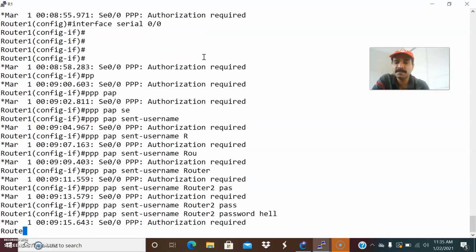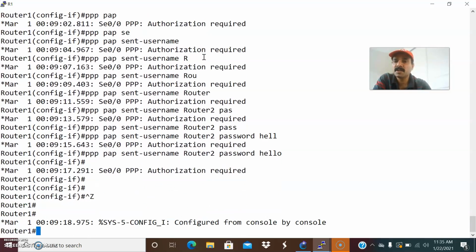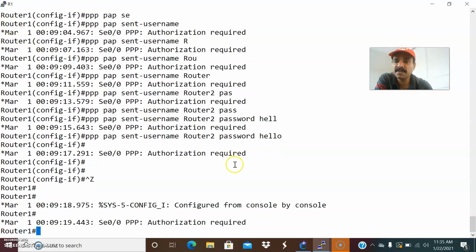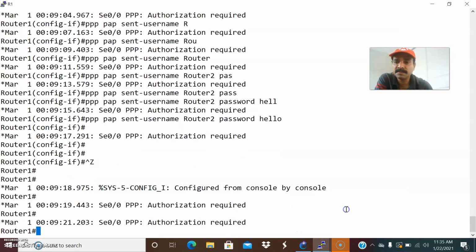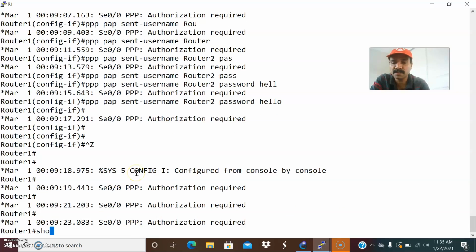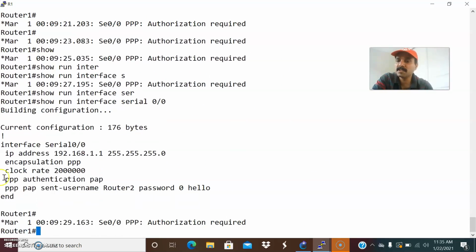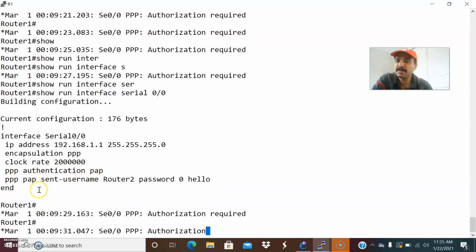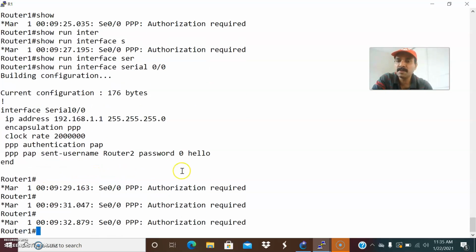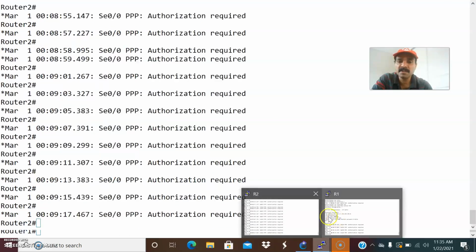The password should be hello. I have done that, and the same thing I have to configure on R2 also. We have done it on R1, so let us see, show run interface serial 0/0. These are the parameters I configured: authentication PAP, ppp pap sent-username router2, password is hello. Similarly I have to check on R2 also.